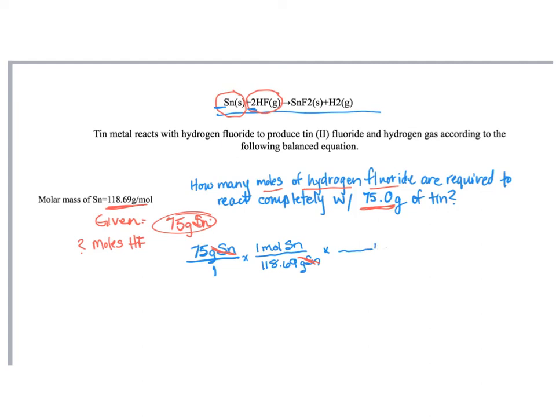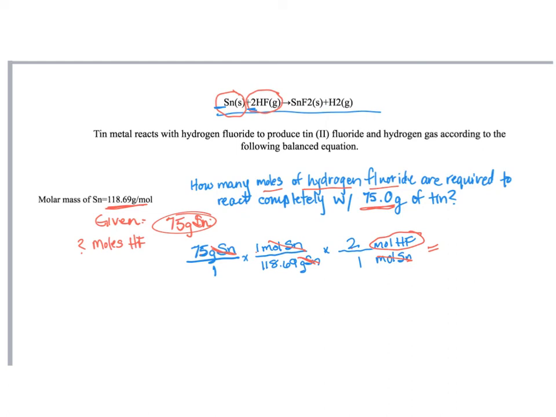So moles of hydrogen fluoride should be up here, and down here is going to be moles of tin. And we said we have 1 mole of tin to 2 moles of hydrogen fluoride, right? Now we cancel out moles of tin, and we're left with moles of hydrogen fluoride. And so now all we have to do is multiply through 75 times 1 times 2, and then divide by